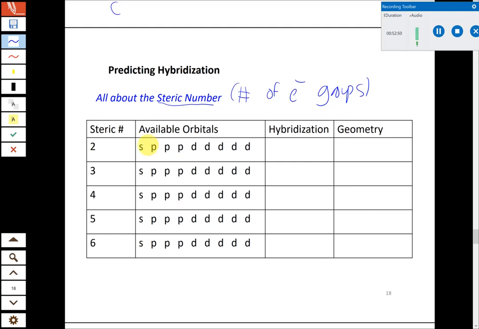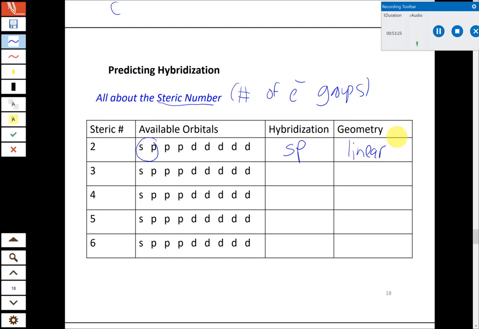So basically, steric number of 2 electron groups on the central atom. The available orbitals for hybridization are an s orbital, 3 p orbitals, and then 5 d orbitals. In reality, we never use more than 2 of them. So these are the available atomic orbitals in the central atom that could be hybridized. If we have a steric number of 2, meaning there are 2 electron groups, we need to hybridize the first 2 orbitals. So 2 orbitals get hybridized, which makes sp hybridization, and this correlates with a linear electron group